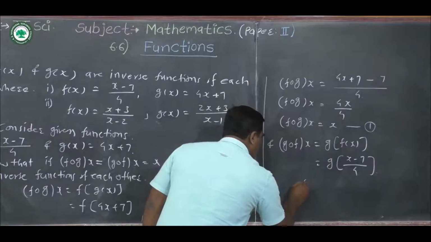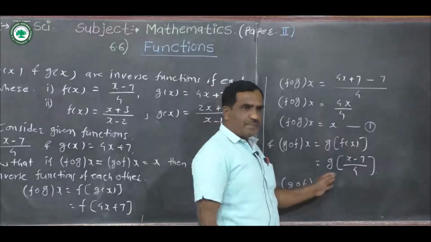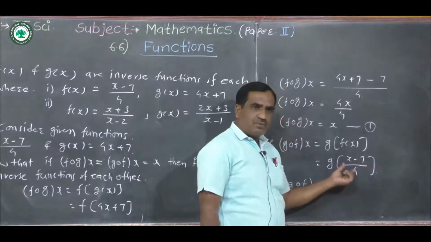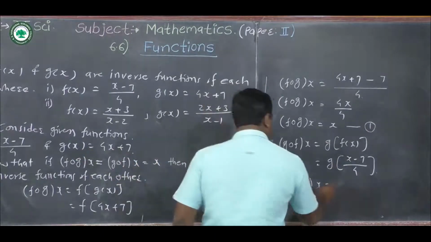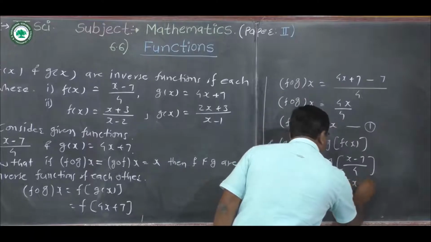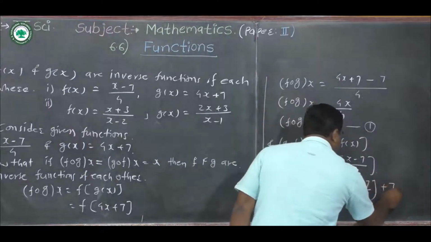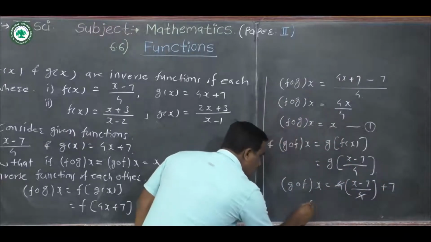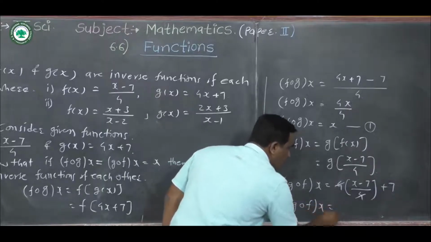That is f composite with g on x is equal to, we get here g of x, where x is equal to (x minus 7) upon 4. Put this value in function g of x. Therefore we can write here 4 into ((x minus 7) upon 4) plus 7 as it is. Now this 4 upon 4 cancel out,